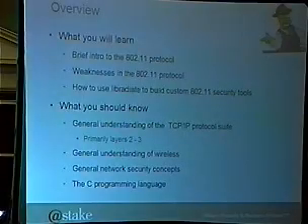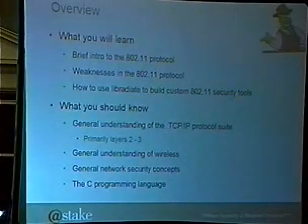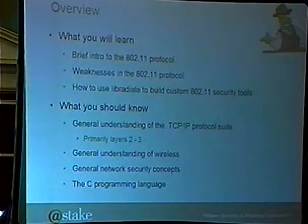So what you're going to learn today, we're going to do a brief intro of the 802.11 protocol. I apologize if most of you guys know this stuff. Most of you probably will, some of you might not. In any event, we're going to sort of power through that stuff. We're going to talk about some of the weaknesses in 802.11. Again, you might know that stuff as well, but this is just sort of building the foundation. Then we're going to learn how to use Libradiate to build custom 802.11 security tools. And also, if you pay a lot of good attention, you might learn something about yourself.